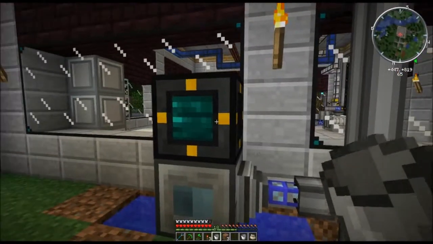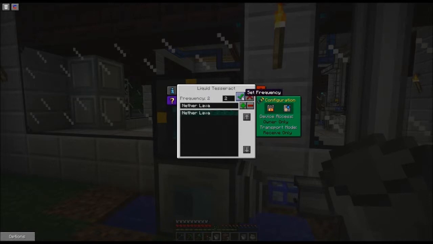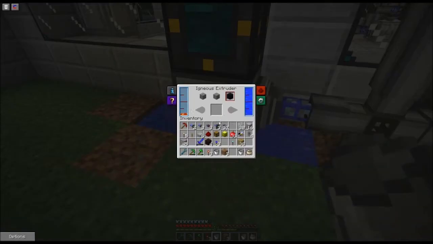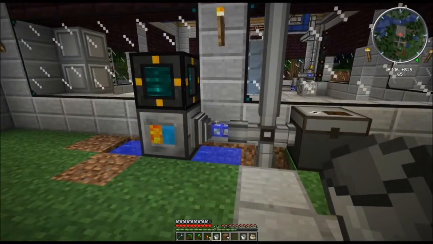So we'll take the water from under there. We've got a tesseract up here, which I can set to a private nether lava, and we're going to receive that. That's set. There we go, we've got lava coming in. Now, we've got this onto our